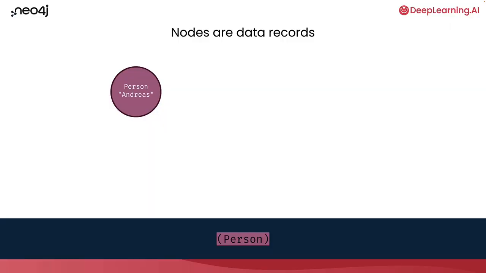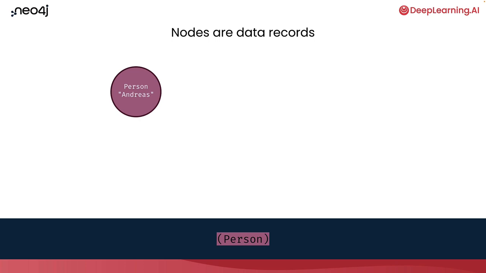So nodes are data records. We're going to start exploring what that really means inside of a knowledge graph by actually just drawing what a graph might look like and talking about how the data patterns within the graph emerge. Here we have a very, very small graph with just a single thing, a person whose name is Andreas. That's me, of course. And if you want to talk about this very small graph, you'd be tempted to look at that nice, kind of round circle we've got there and talk about that in like a Slack channel, let's